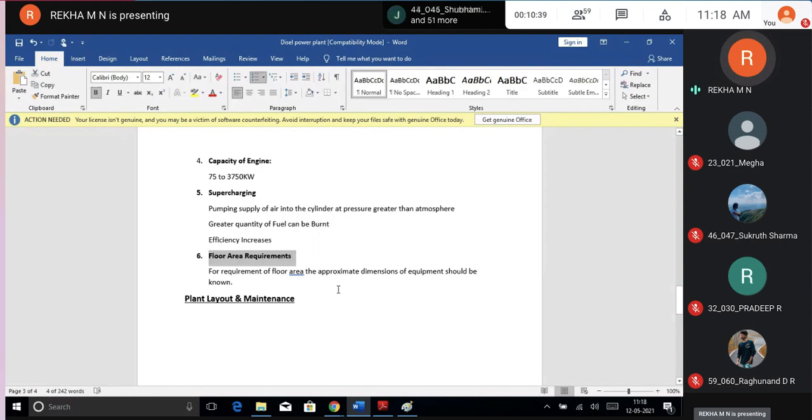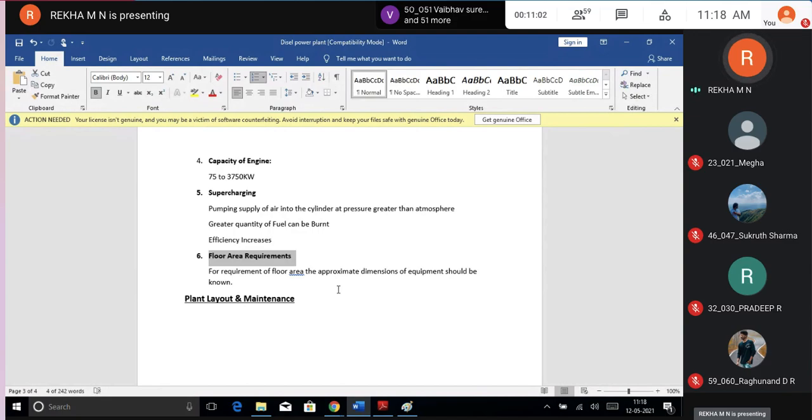And the students, please understand, floor area requirement is as good as any equipment that you're going to place at home. When building a house or bringing any item home, or if you want to get a carpet home, you have to make sure the carpet is not so big that you're unable to put it in your house. What's the use, correct?